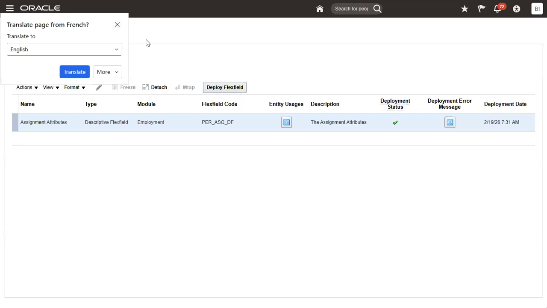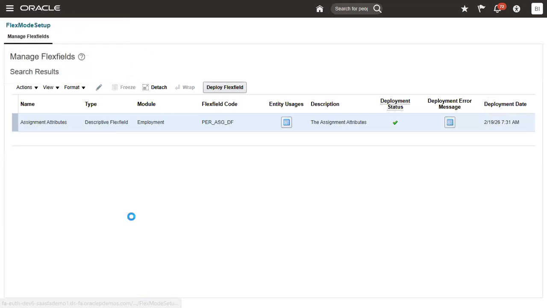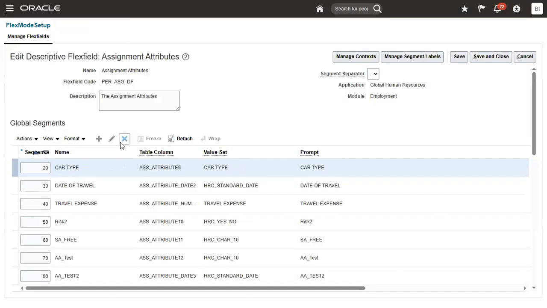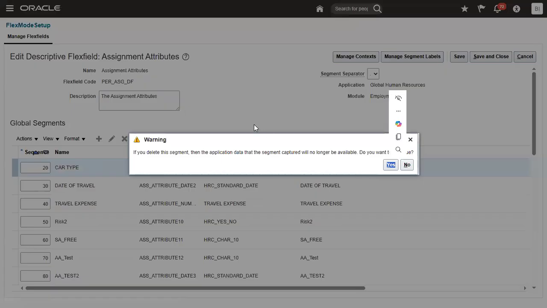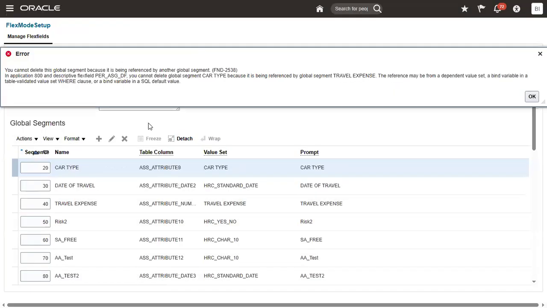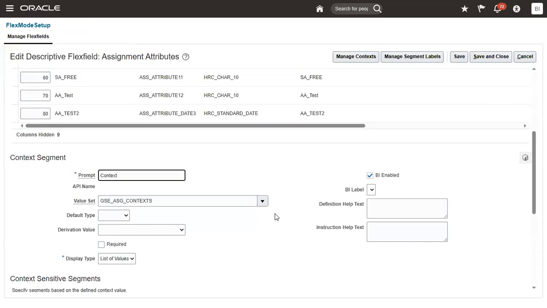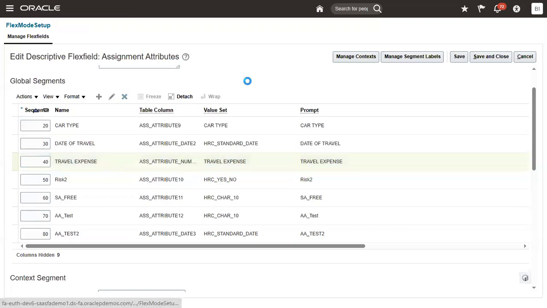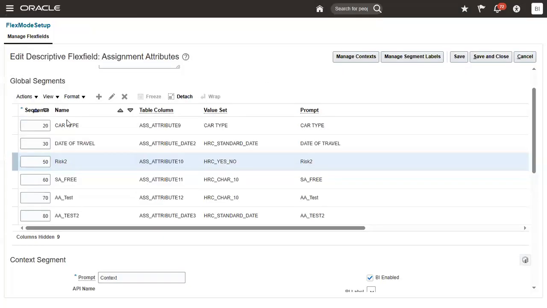Click on the schedule. It will open directly the DFF page. Go to edit. Trying to delete all. You cannot release this global segment because it is being referenced by another global segment. Car type is referenced by travel expense. Okay, so first you have to delete travel expense because it is depending on that. Then you can go with